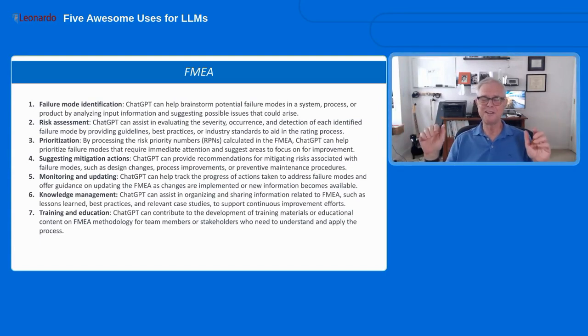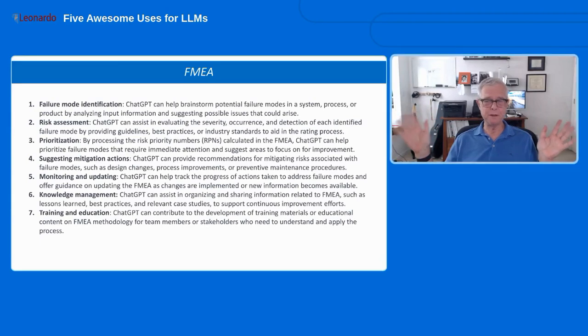That's a range. So you can really make excellent use of ChatGPT or large language models to help you go through the analysis. And the importance of FMEA is not just to develop a checklist, but to also create a priority list, right? Which of the failure modes are more important to focus on first? Because you can't do everything at once, right?